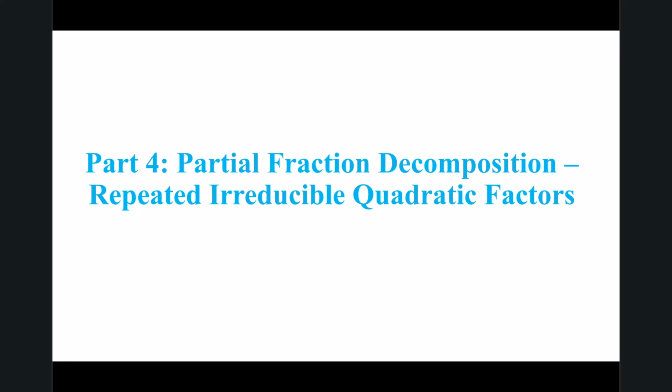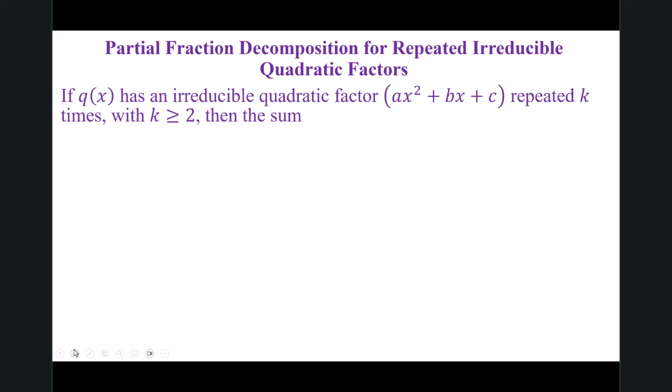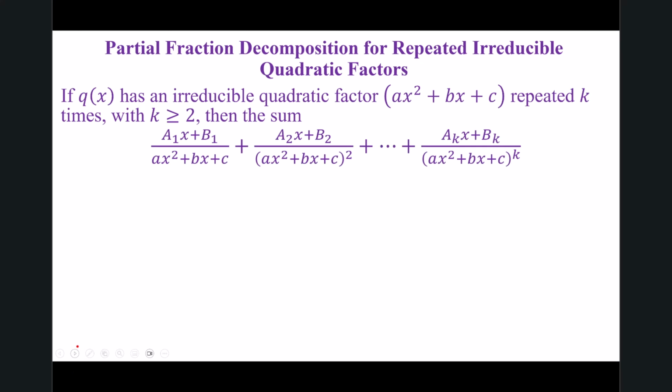Part 4, partial fraction decomposition, repeated irreducible quadratic factors. So we've talked about what happens when we have irreducible quadratic factors. If those quadratic factors are repeated, then we're going to do the same thing we did with linear factors. So if I have something with this repeated quadratic factor, so the factor in the denominator is ax squared plus